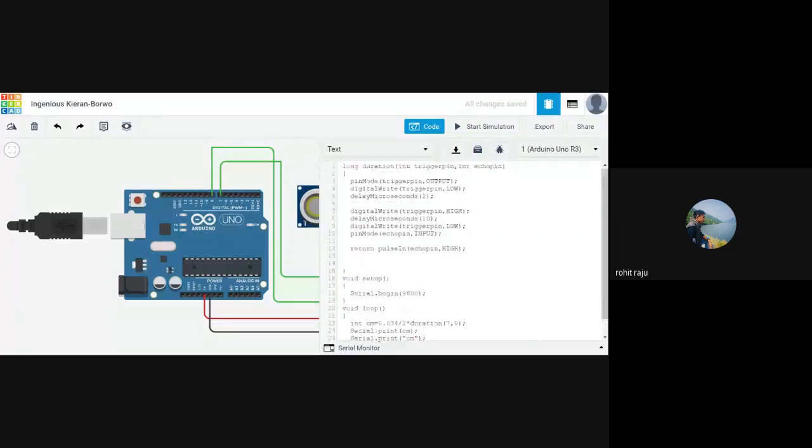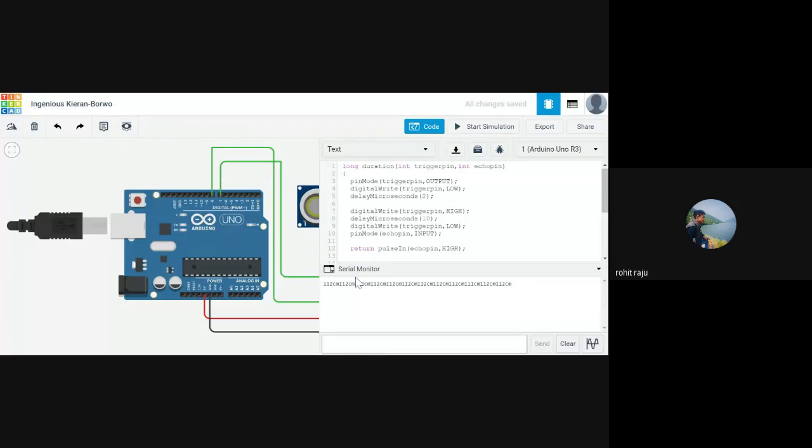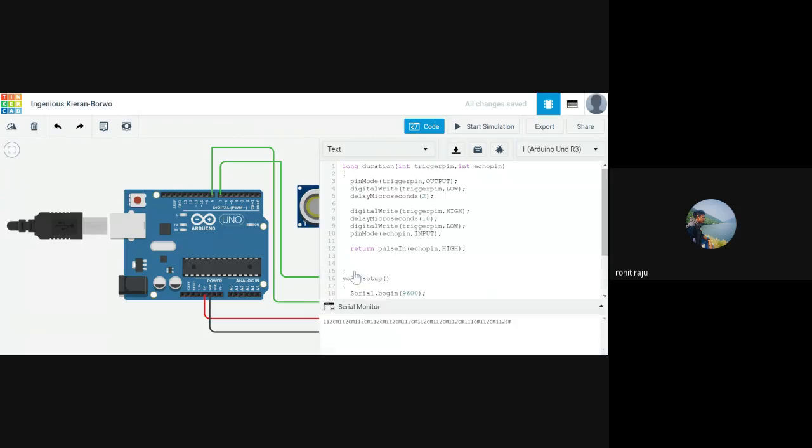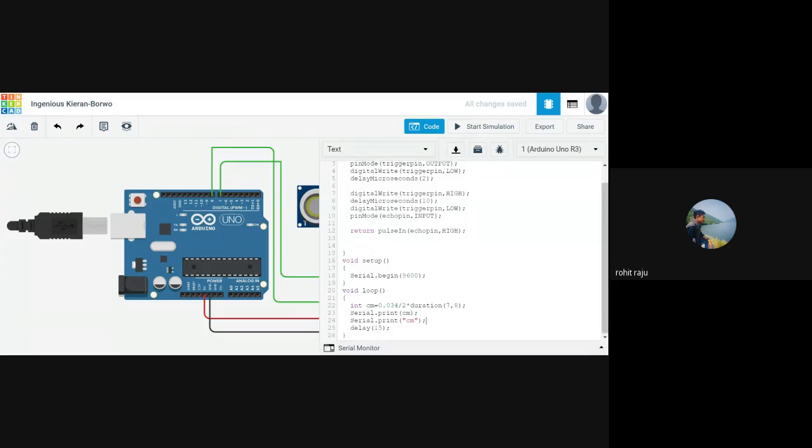We may get some errors. Let's check if we get some errors or not. Fortunately, we don't get any errors. So if you open our serial monitor, okay, it's giving some new values. Actually, let's print a new line here because we got our output as some mess.